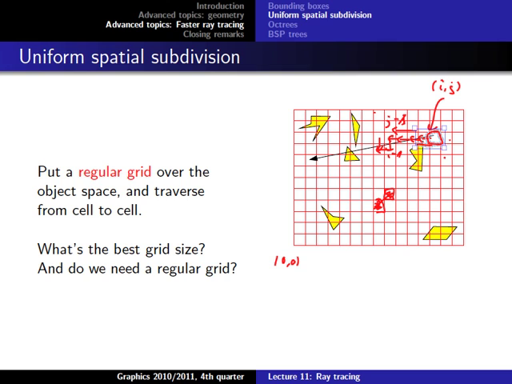What we have to be a little careful about is the intersection check with the actual object, because like I said, the objects are not necessarily contained within one cell. So for example, if we have an object like this, or two objects, one is here, the other one is here, and we have a ray that shoots here, then we check whether the ray intersects with this cell,